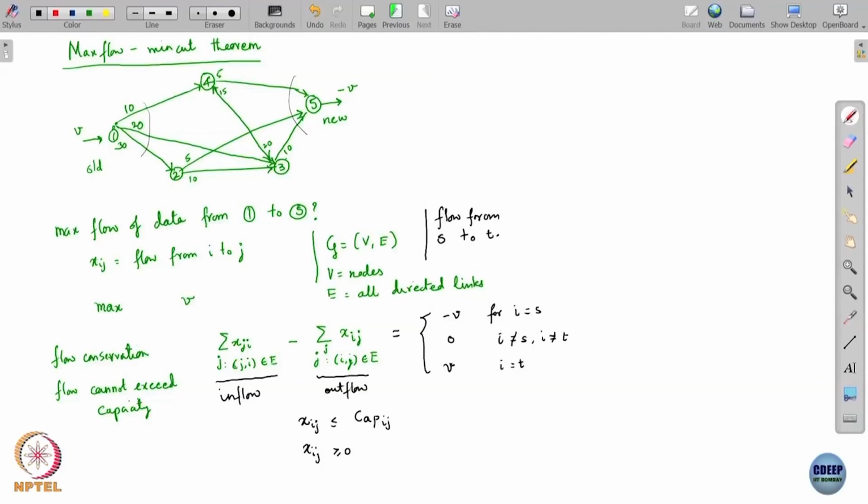So, you can see this gives me the following linear program. Let me just write it neatly here. You are maximizing V over variables V and all these x_ij's, subject to these constraints,